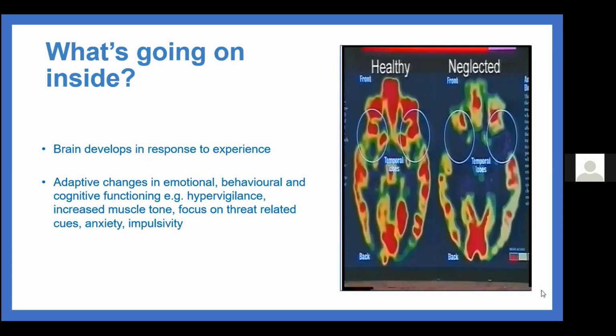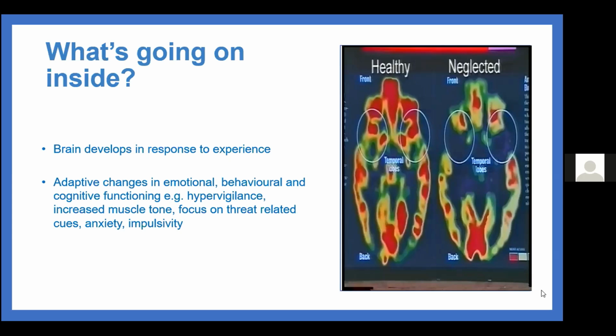their behavioural functioning. And we can quite clearly see that on those scans, which I think is crazy that we're now able to use that kind of science to look at these things. And so the brain activity of the normal child on the left, and then on the right hand side, that image is of a Roman orphan who was institutionalized and was neglected in infancy. So you can really see the discrepancy there, with areas like the temporal lobes really significantly reduced.